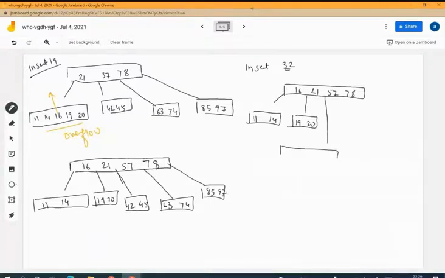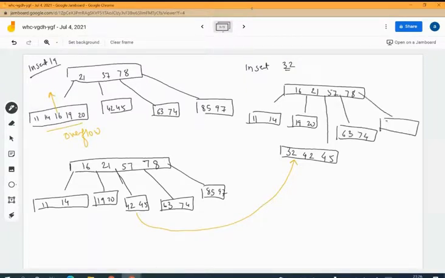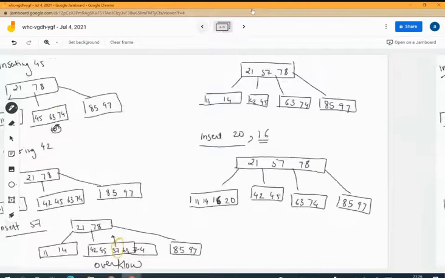So it will be 32, 42 and 45. So if you observe, we have inserted this at this particular point. Okay? Now, the remaining is as it is, that is 63 and 74, and 85 and 97 as it is. Now the next element to be inserted, if you see, is number 30.